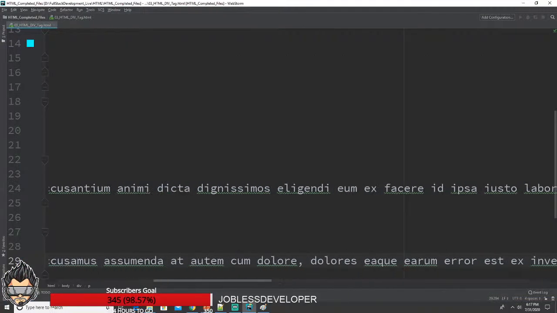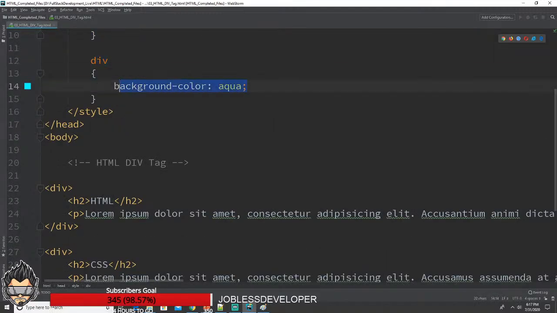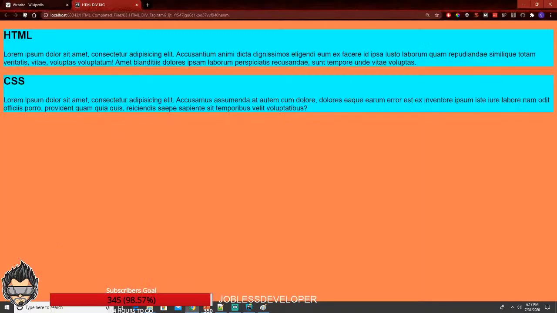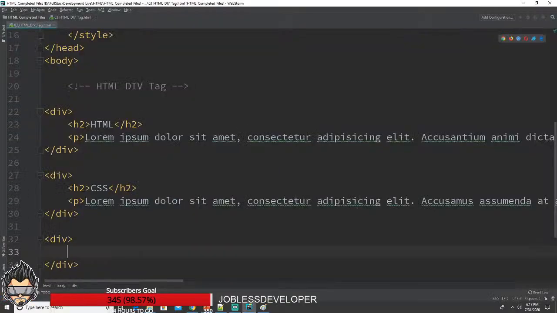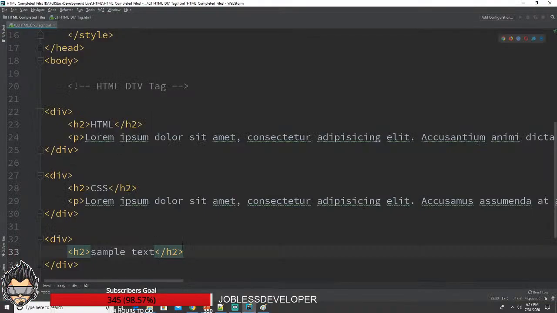It's because I'm telling this style tag over here that all the things inside this div should have a background color of aqua. So no matter how many times you write a div, even if the div is empty, we need to mention something, right, h2 and sample text. It still has a background color, but you cannot change it,